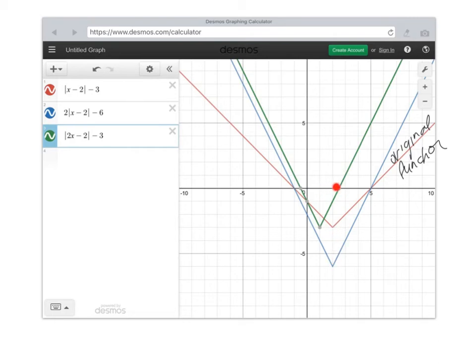It moved away from the x-axis, so it was a vertical stretch. My vertex started at -3 and is now at -6. So what did we multiply by to get the blue graph? We had to multiply by 2. So this would be a vertical stretch factor